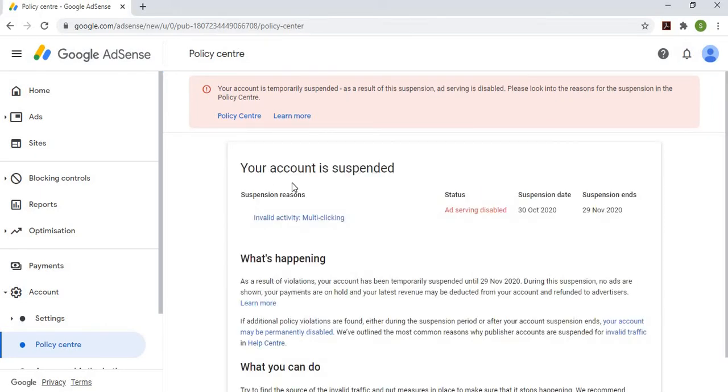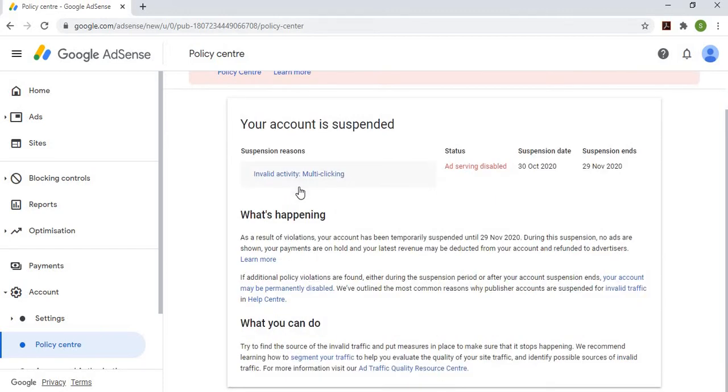Now as you can see here friends, it is mentioned that your account is suspended, and here is the reason why my account is suspended. Here you can find the reason for the suspension of your Google AdSense account. See, it is mentioned here: invalid activity, multi-clicking.